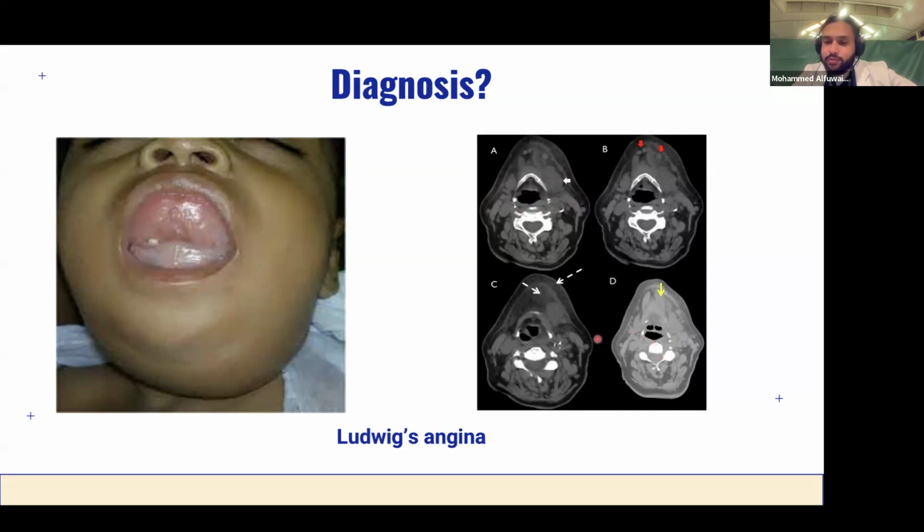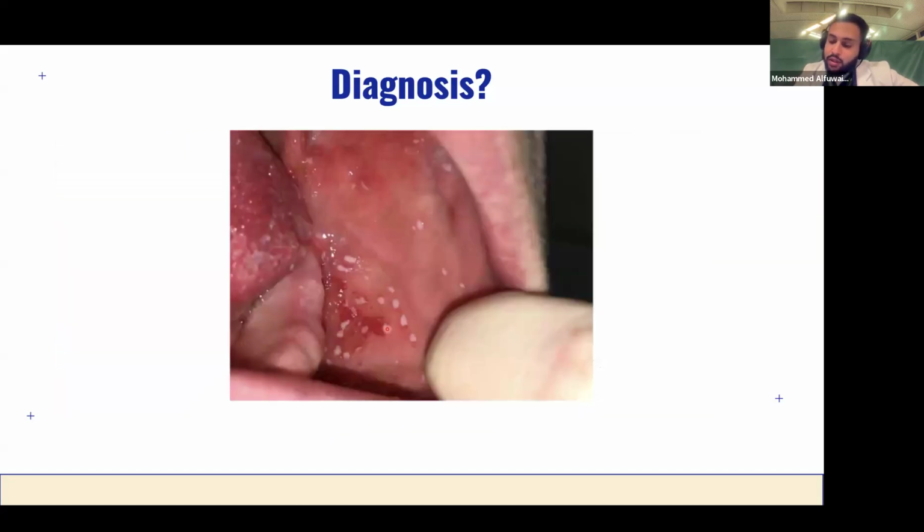So what do you need to do? Secure the airway. Intubate. This is very important. Intubate and then call ENT to take them to surgery, and give antibiotics. Done. This is Ludwig's angina. The common cause of this is dental infection. This is Ludwig's angina. Now we go to this thing right here, which is a patient, a child, unvaccinated, coming to you